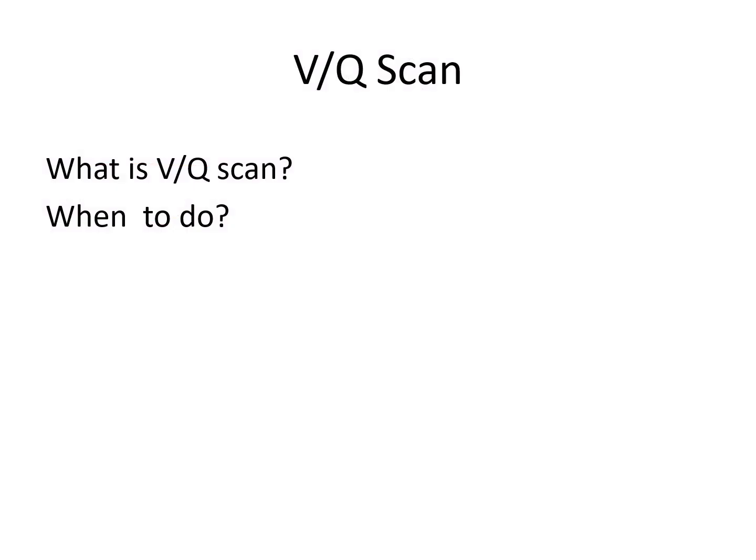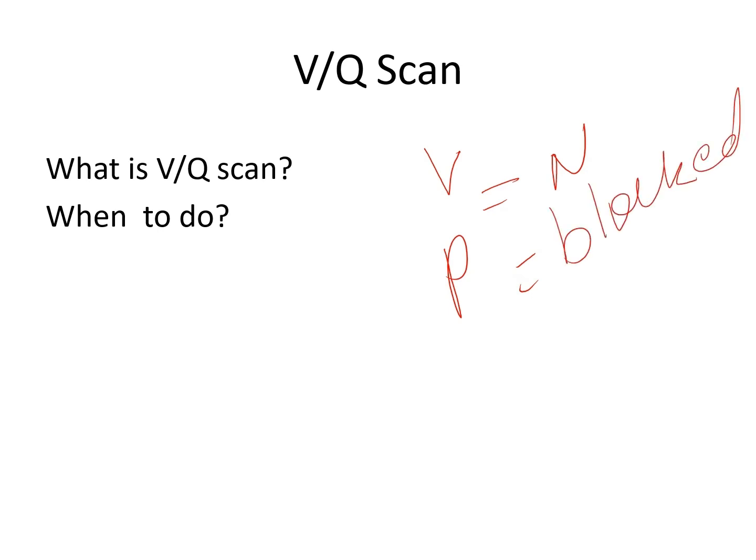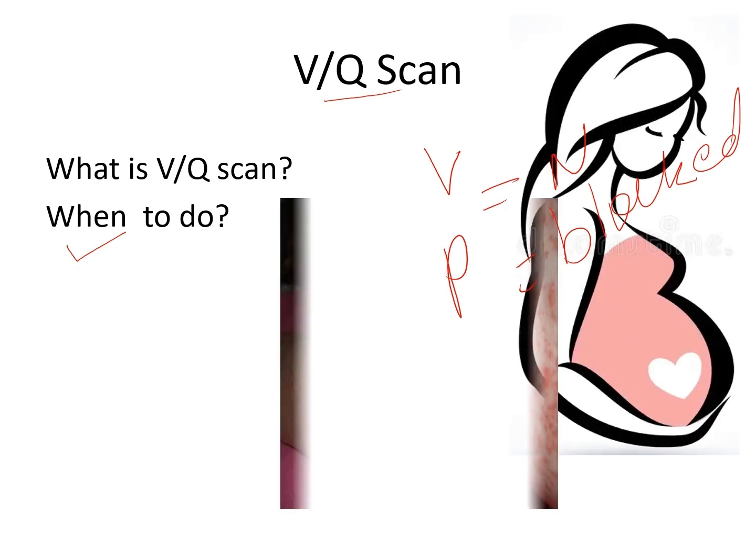Now the ventilation perfusion scan. It is described as the area in the lung where the air or ventilation is normal and the blood flow or perfusion is blocked or abnormal. So this is the ventilation perfusion scan. Now when to do this? Ventilation perfusion is done in patients who are contraindicated for the CT pulmonary angiogram, such as pregnancy, contrast